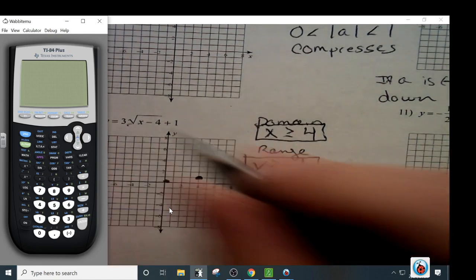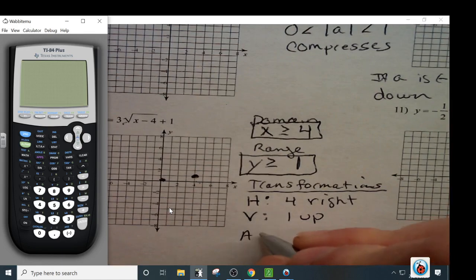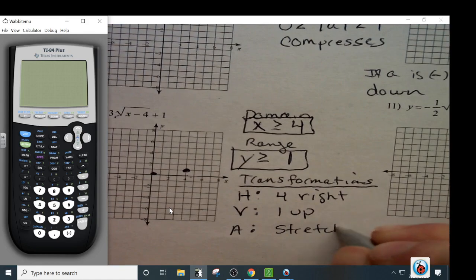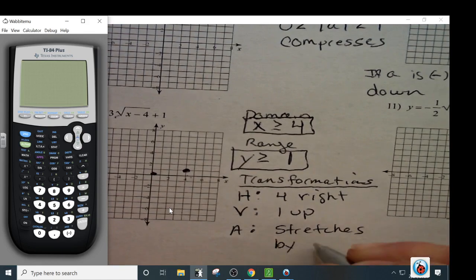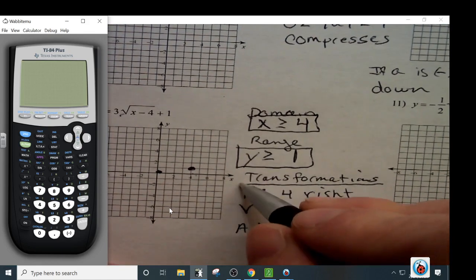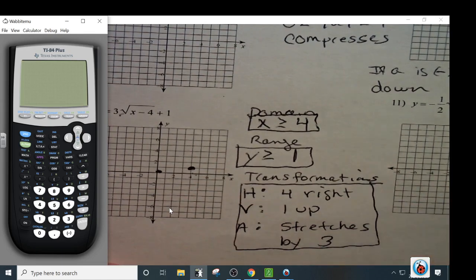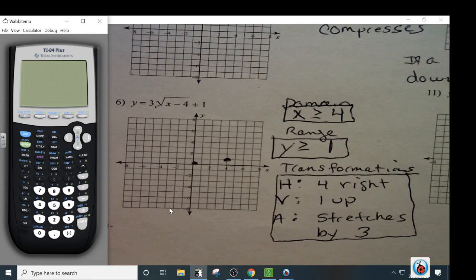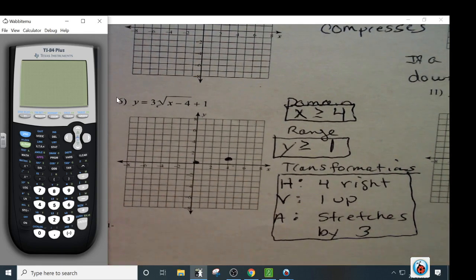And then you do have an A value transformation here. That means it stretches by 3. Then as far as graphing goes,